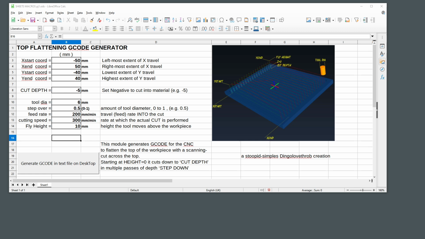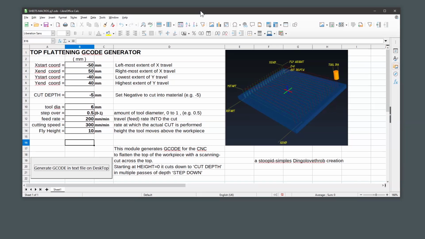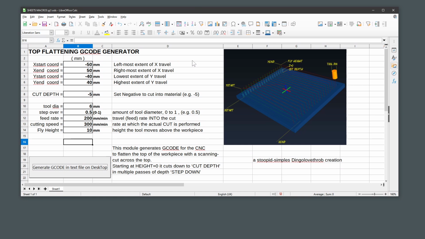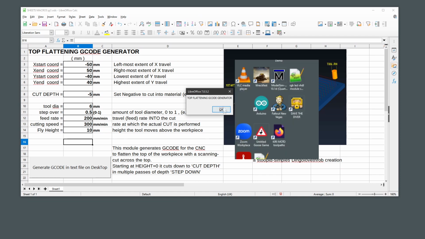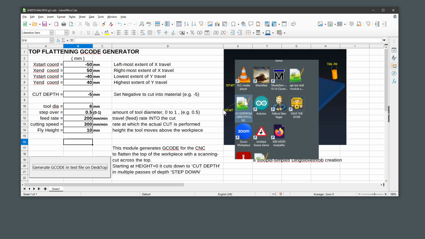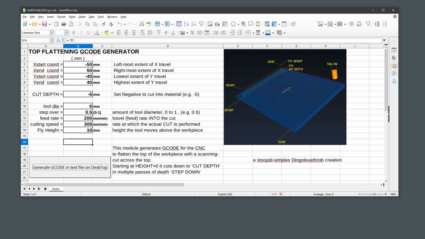Okay, just a short video about using VBA, Visual Basic for Applications, inside LibreOffice or OpenOffice spreadsheets. This is an example of a spreadsheet that I did which generates Gcode in a text file on the desktop. I've just pressed the button and it takes these numbers, generates a text file on the desktop, like that. Watch. And there's my text file, and if I open the text file,